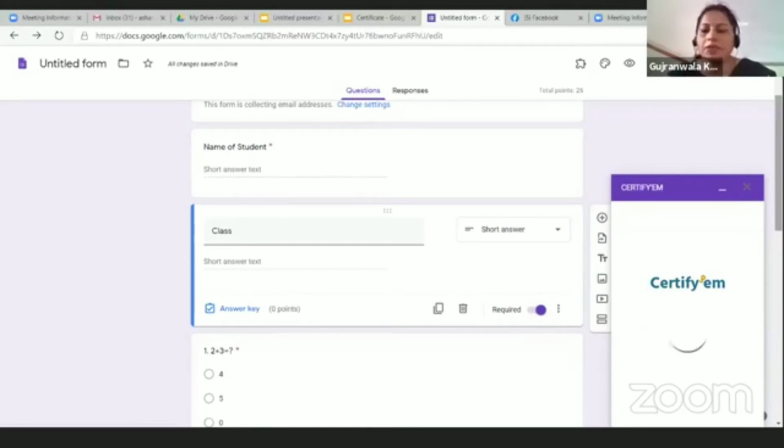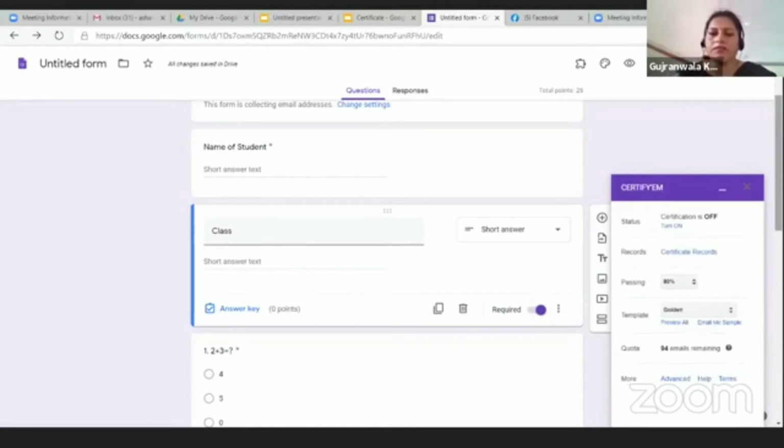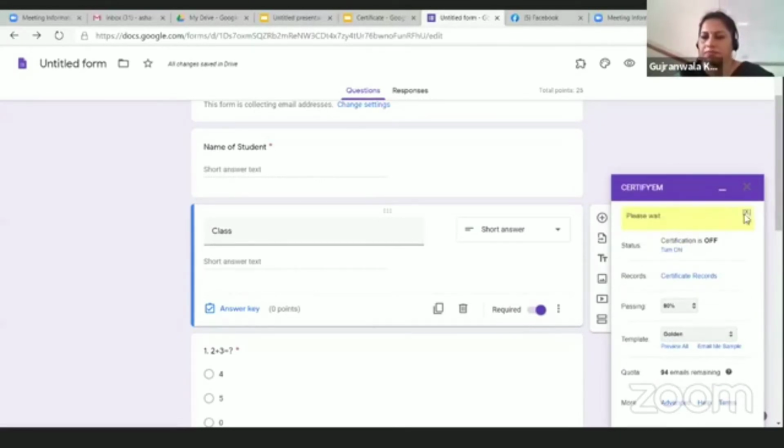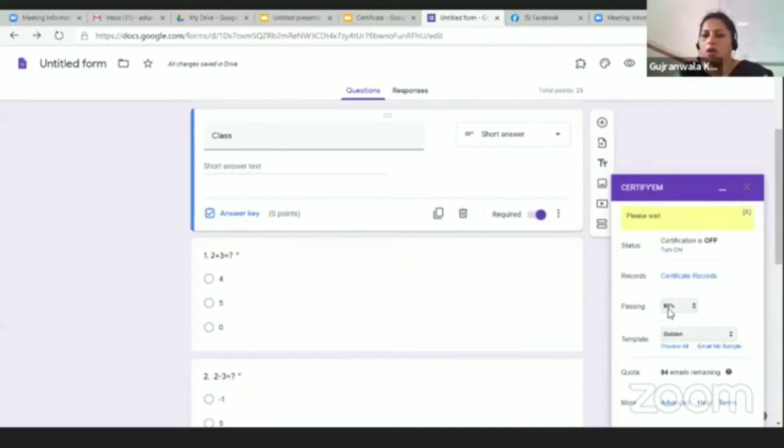Now our last step is to activate Certify for this particular quiz. This is certification is off. You have to turn it on. What is the passing criteria which you want to keep? You can just go for the things you want.